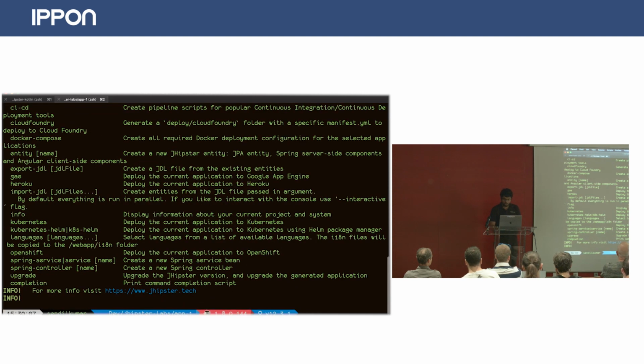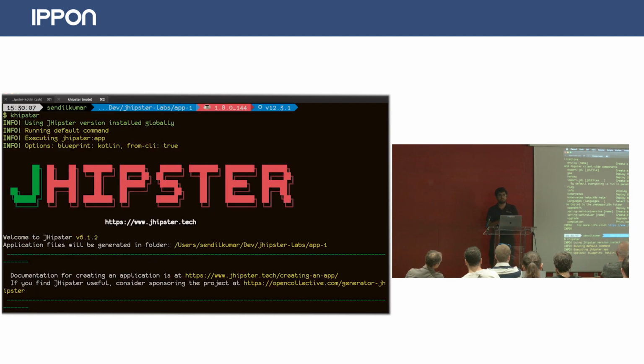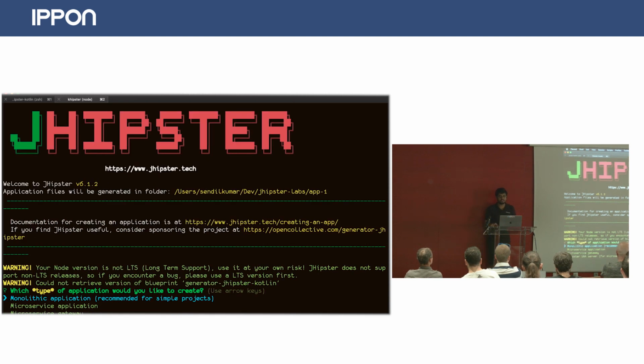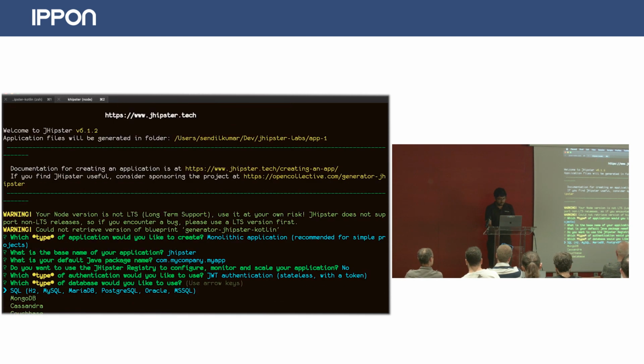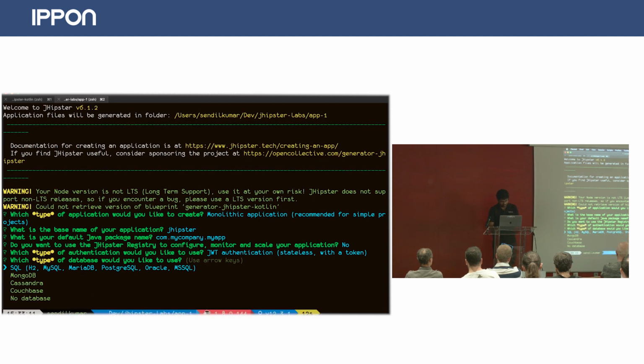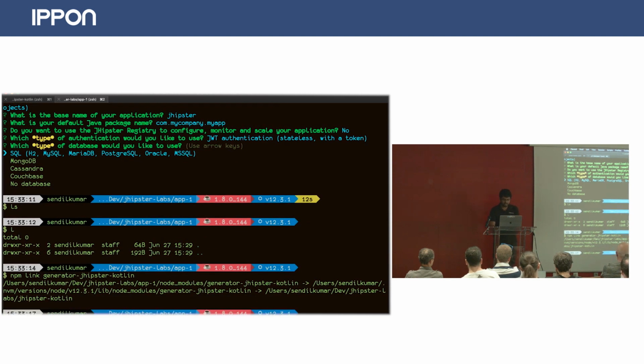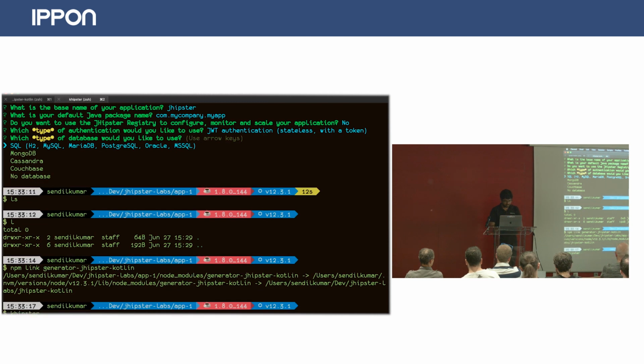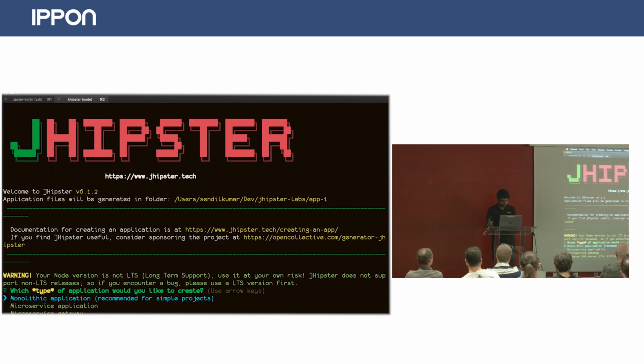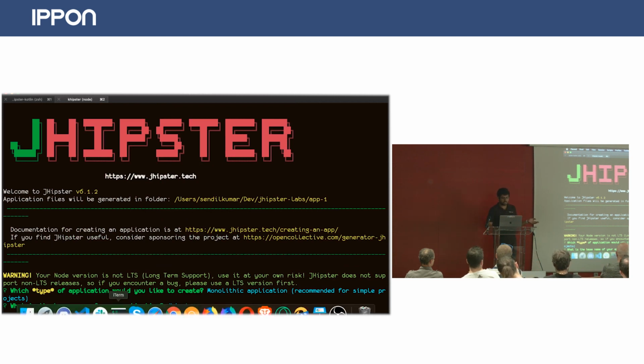As you can see here, to generate an application, all I have to do is run JHipster, and it has the same set of questions. Monolith application, let's give a name to it. Okay, so it says it cannot find an application. Okay. So it's my development environment. I just have to link this here, and then I can run JHipster again. Yes, so monolith, JHipster. Of course, it took the generator now, so everything generated here will be Kotlin-based generator stuff.